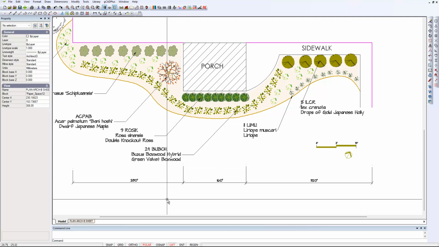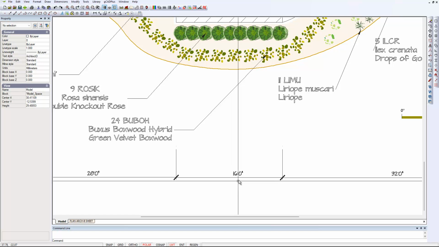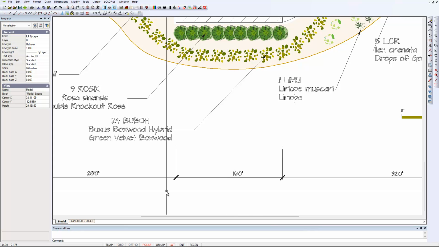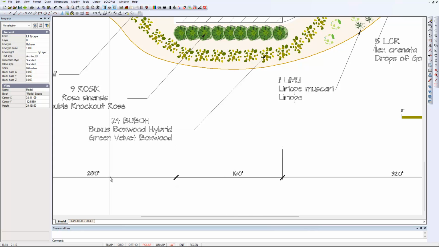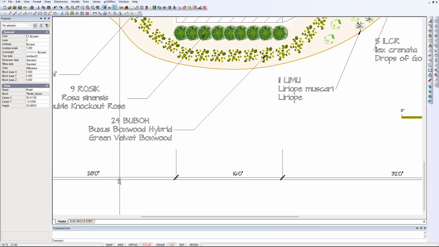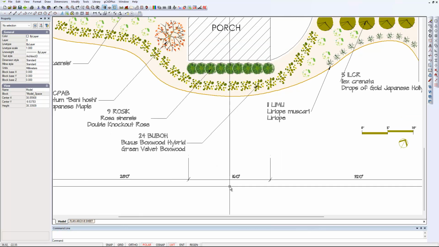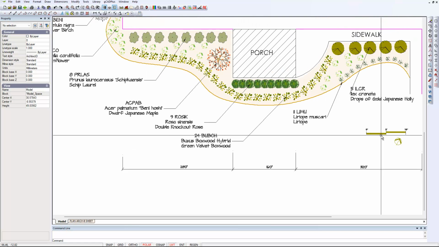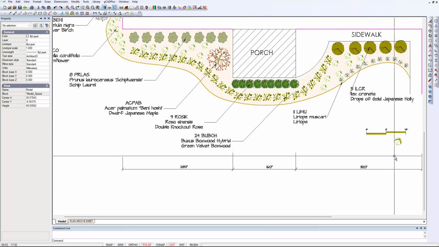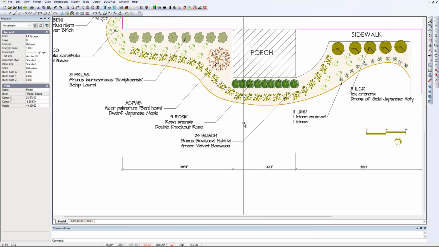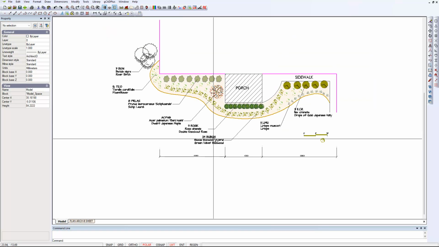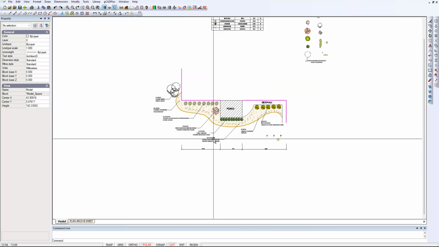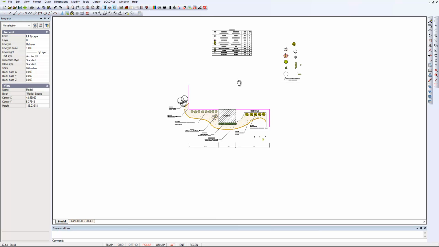I'm now in model space, and notice that this is a template we're building for a gCADPlus user in the United States. Notice that our dimension style shows feet and inches, and our scale bar and a north indicator are all here. So that's model space. But notice that up here